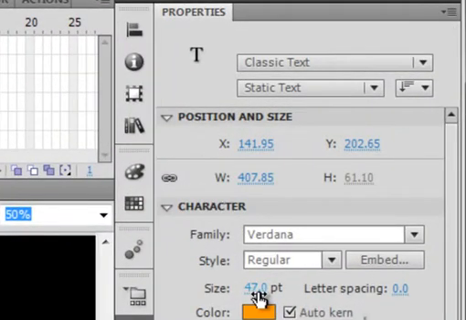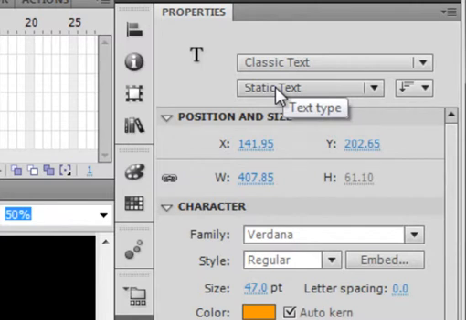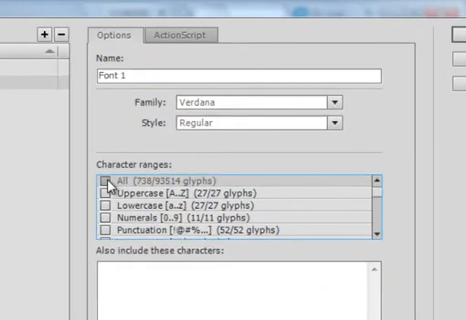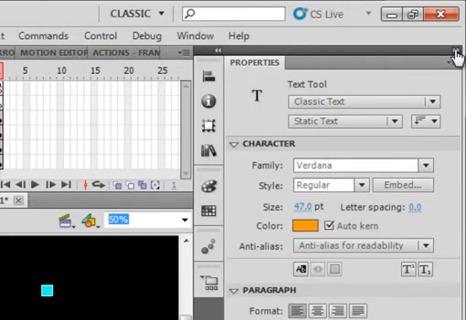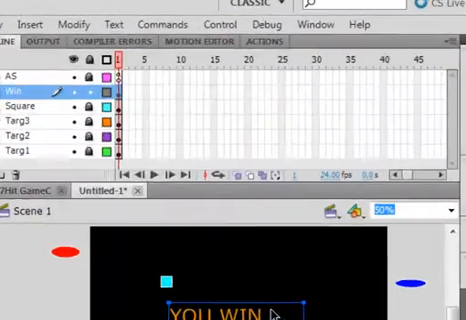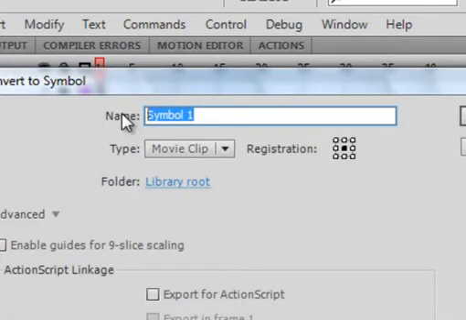I'm up around 47 on my size, and I got Verdana, and I have static text. Embed it right there, click that. This panel opens, click all here. It says okay. So now I'm going to write you win, Y-O-U-W-I-N. Pretty simple. Pick up the selection tool, it's highlighted, modify that, convert it to a symbol, to movie clip, win,